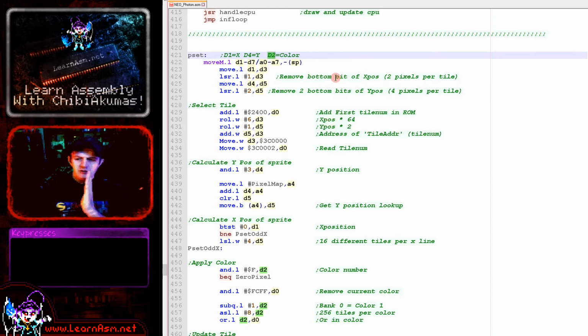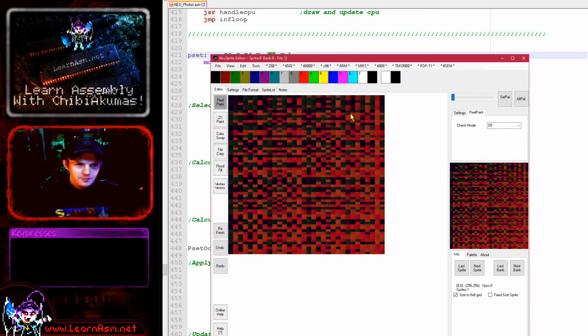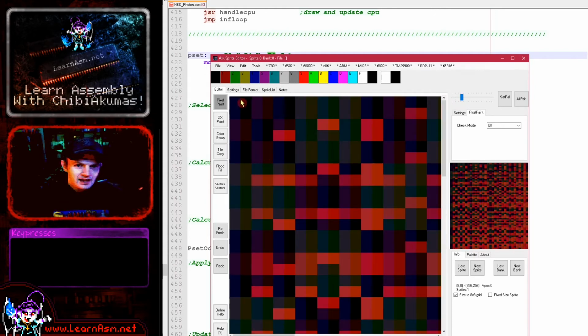Now, there's 2 horizontal pixels per sprite because of the scaling, and as I say, it's a rather odd layout, but that's what we've done here. You can see here this is one sprite and this is another sprite, and you can see this is 1 pixel set here, and it's moving up, so to speak. So basically we've got 2 horizontal pixels per tile and 4 vertical pixels per tile, and so because of that